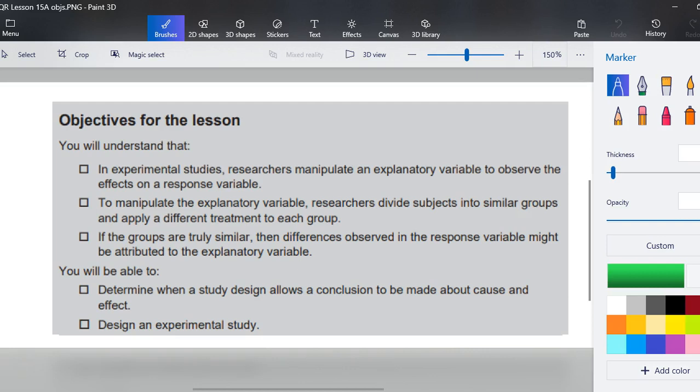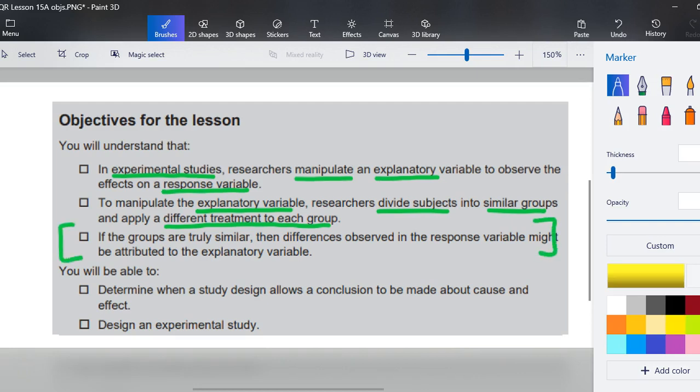So as we have been looking at, especially in the last couple of lessons, make sure that you have the vocabulary understood with the nuances and the specificities of each one. Like this one says, in experimental studies, researchers manipulate the explanatory and observe the effects on a response. To manipulate the explanatory, they divide subjects into smaller groups and apply a different treatment to each group. If the groups are truly similar,